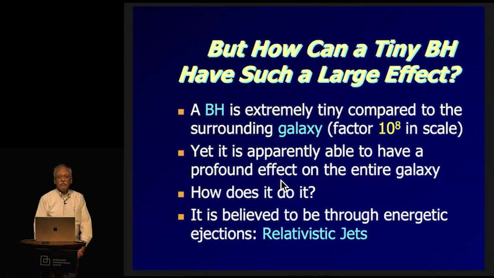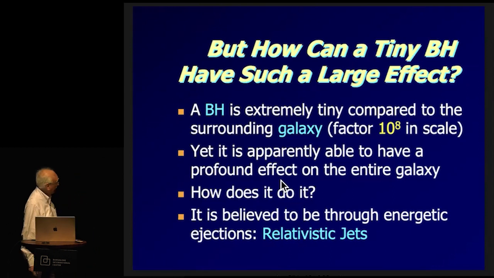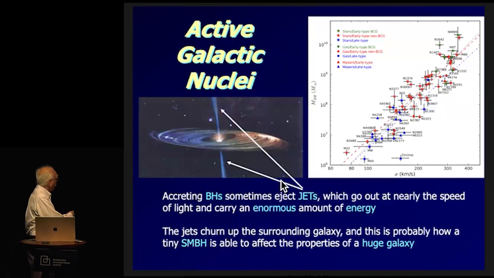And I'll just leave you with an idea of what people think might be doing the thing. We think it is what are called jets. So here is the same artist's picture of what a quasar might be. Right? The black hole is here, a little dot. Gas is accreting. This is the guy that becomes bright. You see it with our optical telescopes. But these systems also can emit beams, so-called relativistic jets, which carry a huge amount of energy at nearly the